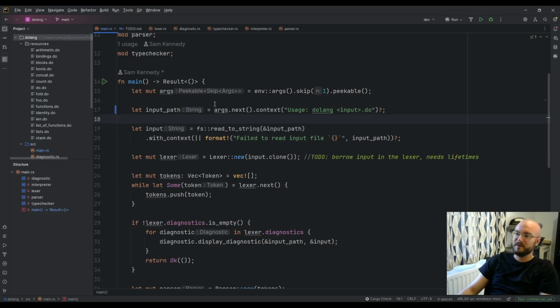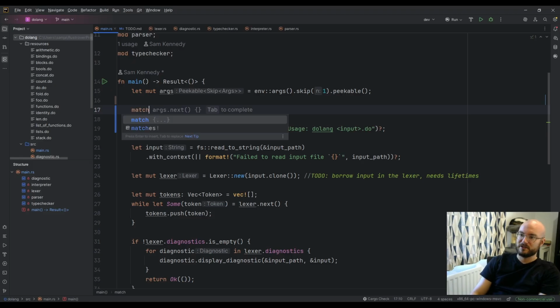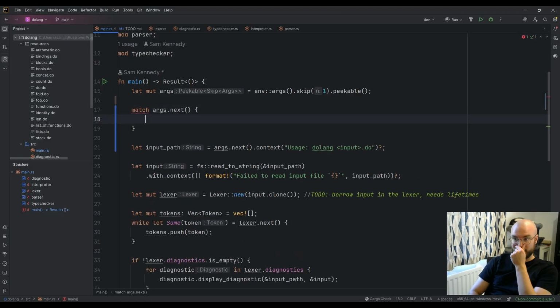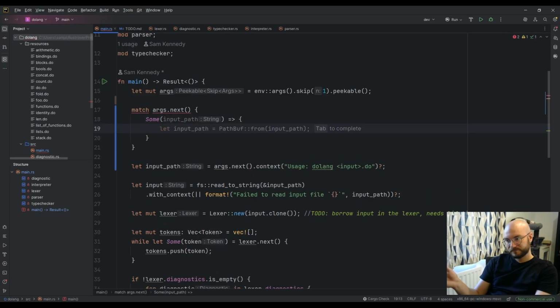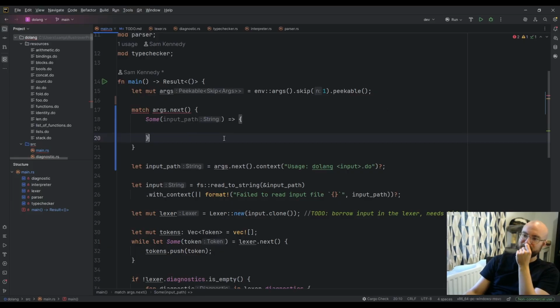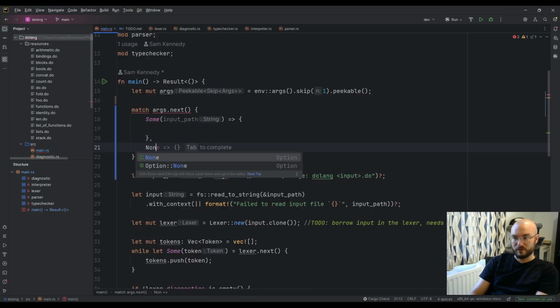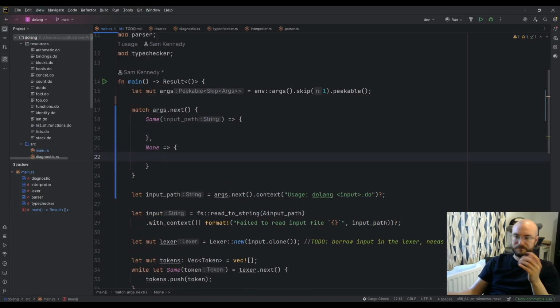So we want the potential to have no arguments. I'm assuming this returns an option. So let's match on args next. And if we say Some input path, then we're going to do one thing. And if we do not, then we're in REPL mode.